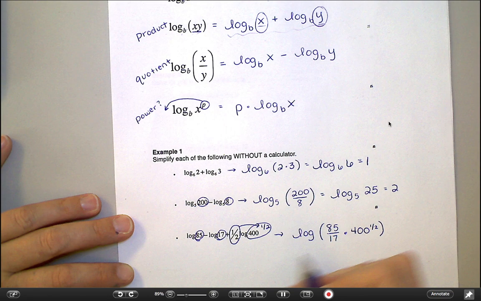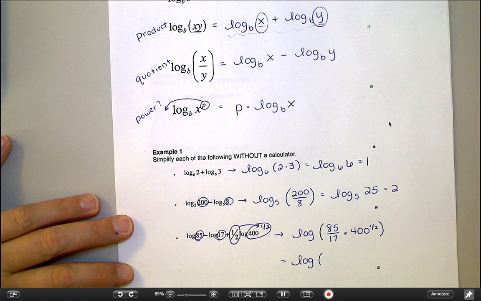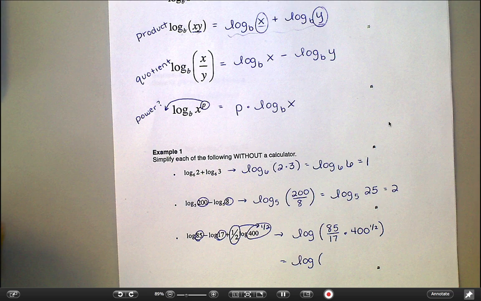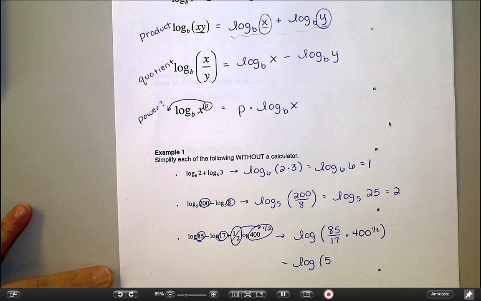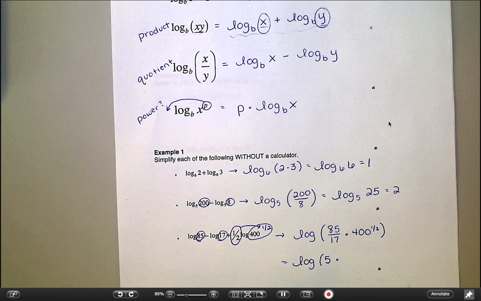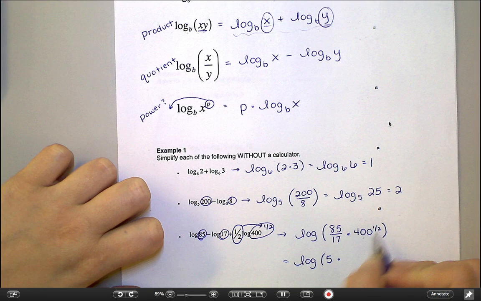Okay, so let's simplify inside there a little bit. 85 divided by 17. You may not know this off the top of your head, but I hope guess and check wouldn't take you very long. That's 5. 5 times 17 makes 85. And then 400 to the 1/2 power, that's really asking me for the square root of 400, okay? And 20 times 20 would give you 400. So 400 to the 1/2 is 20,